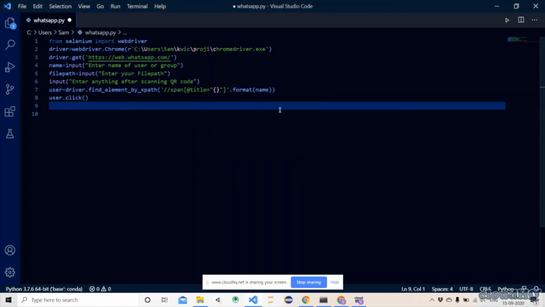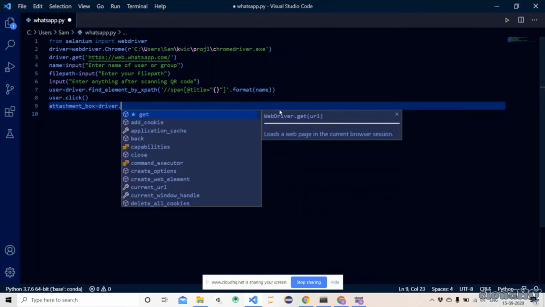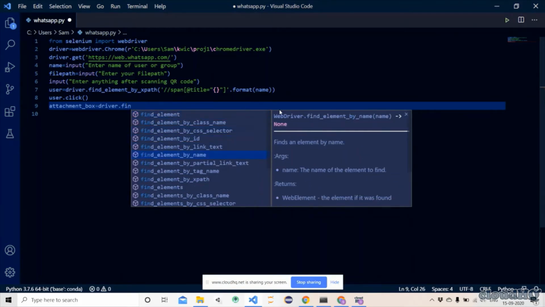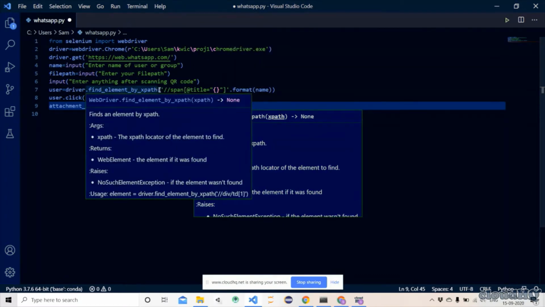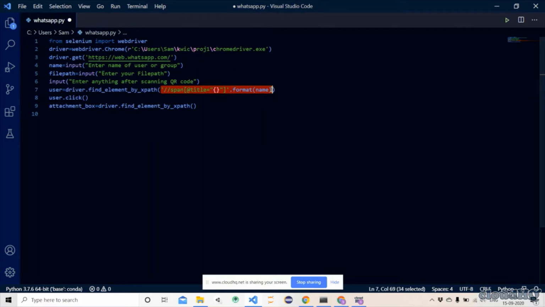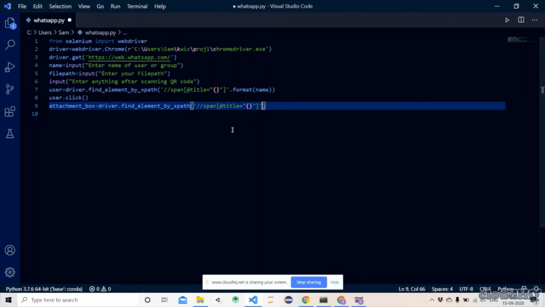So in the same way we would access that element by XPath. I would create a variable here, attachment box, and again I would get that element by driver dot find element by XPath, right? And again I will just copy this code. Right, so it's just a div element having title as attached,